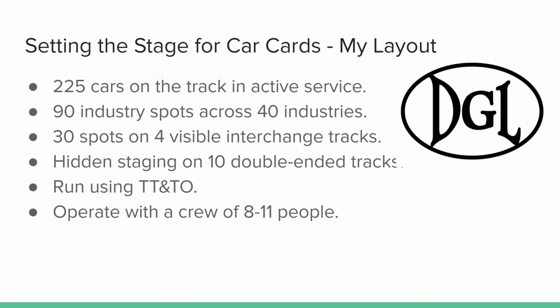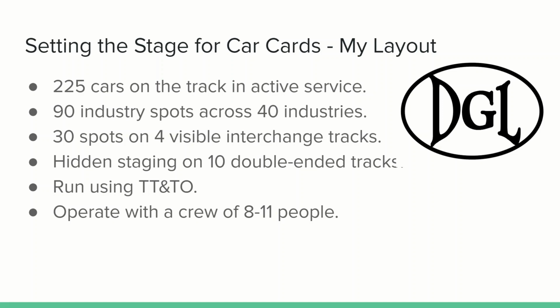So I'm just going to give a little bit of background to set the stage, describing just a few details of my layout, which is a context in which I built this system up. So I have about 225 cars on the track in active service with 90 industry spots, individual spots across 40 different industries. As well as a number of spots, as you can see here, on the 4 visible interchange tracks, and then things that are down in 10 different double-ended